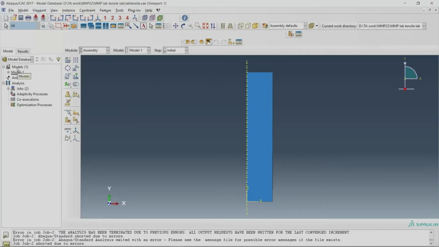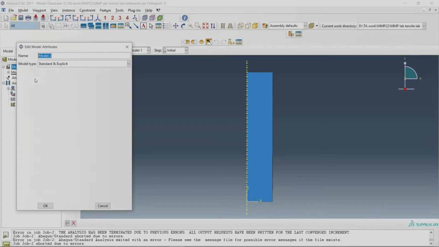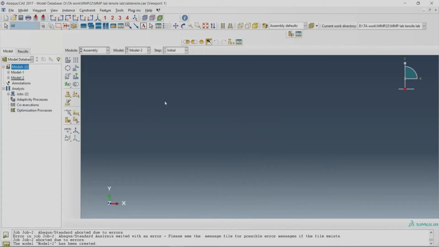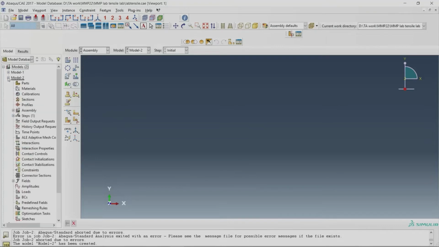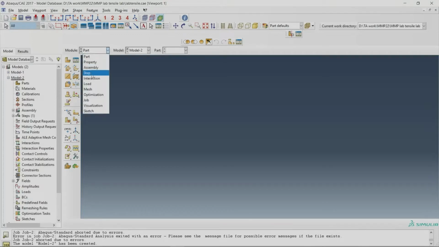So I'm going to first give you an overview. This section here is called model, where you create the model, and these are your modules where you create things one by one. These are the steps that you are going to use while simulating any kind of test. The first one is part.